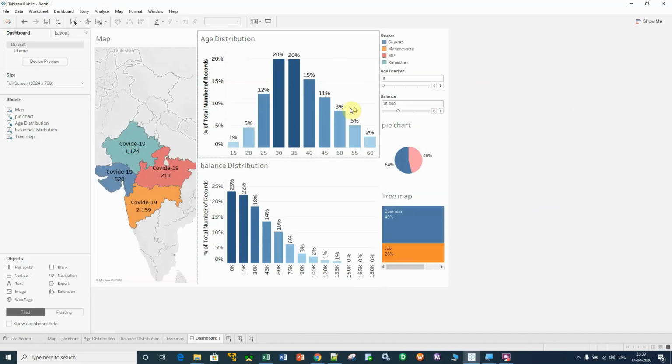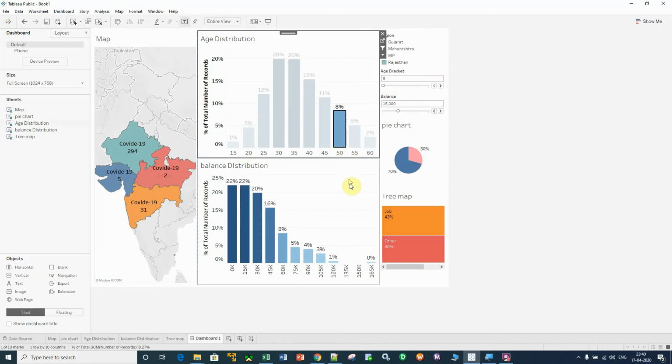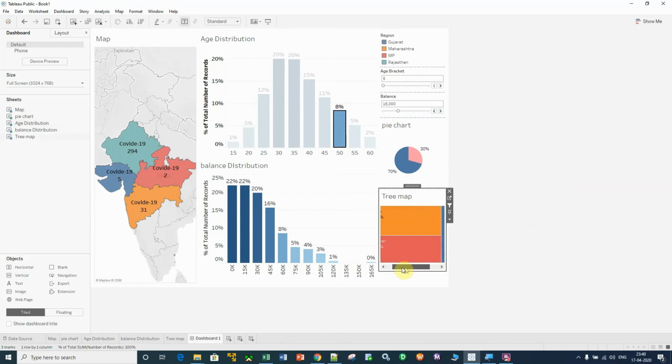Now if I want to do analysis on the age bracket of 50, let me click here, and you can see that at the age of 50, 70% of those affected are male and 30% are female. And in the job classification, 43% of people are doing a job and 40% belong to the other category, right?